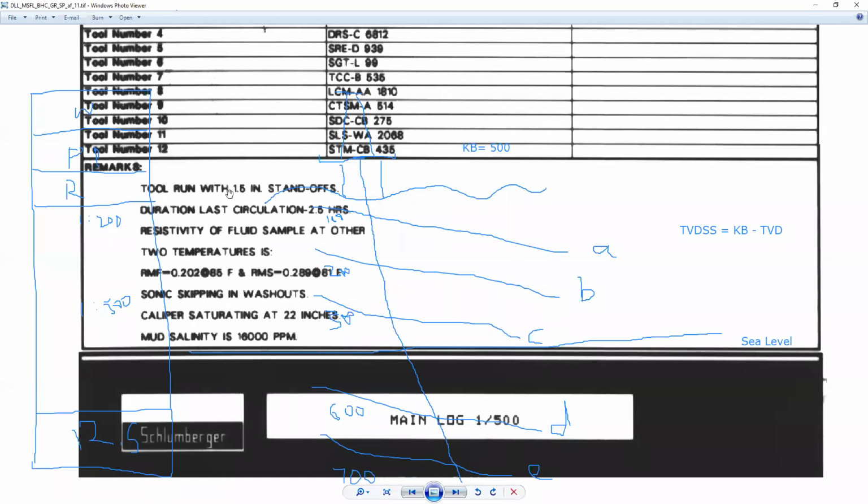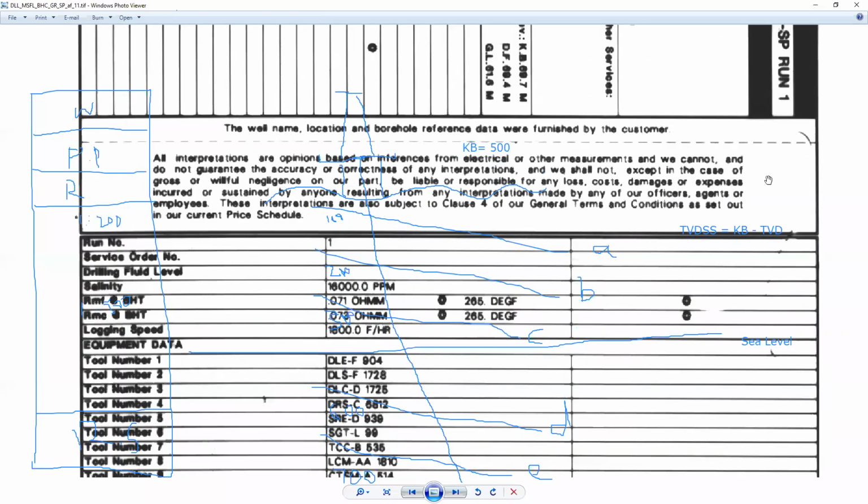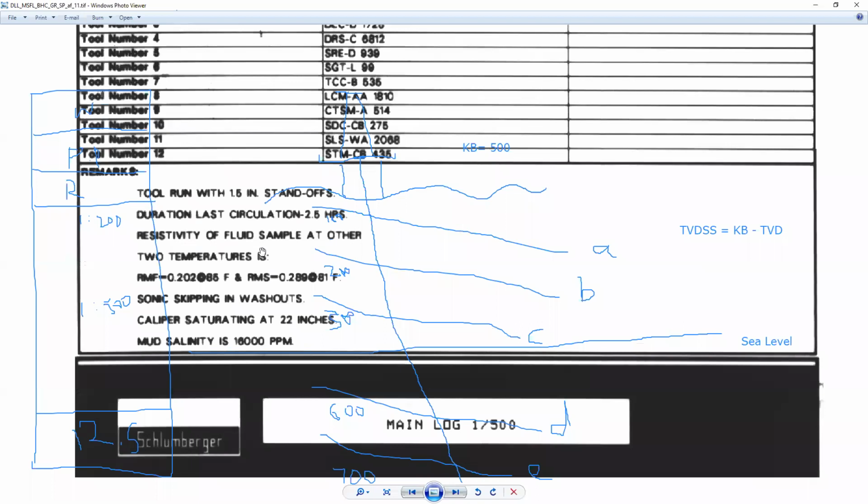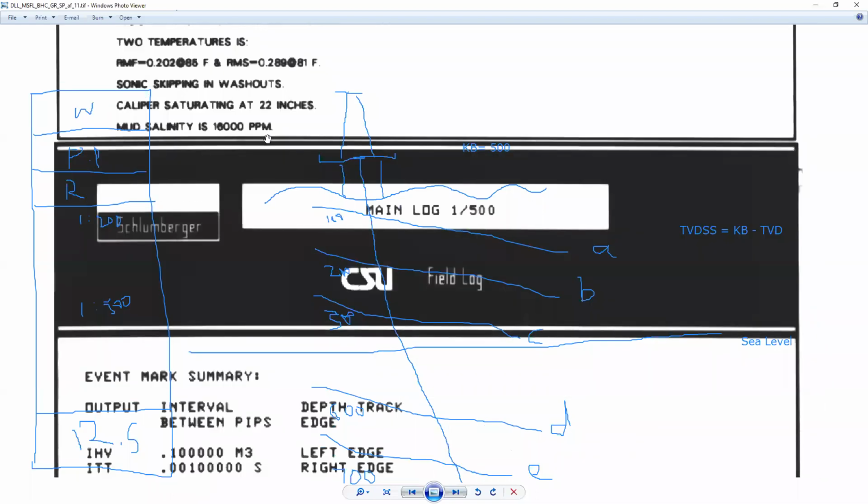So before starting the interpretation, you need to go into the well header and make sure that the suite you are trying to interpret is accurate. Also make sure the depth interval is correct, you have the petrophysical parameters, and go through the remarks. If there is any ambiguity, then definitely it is available there. After that, start with the main section or main log.